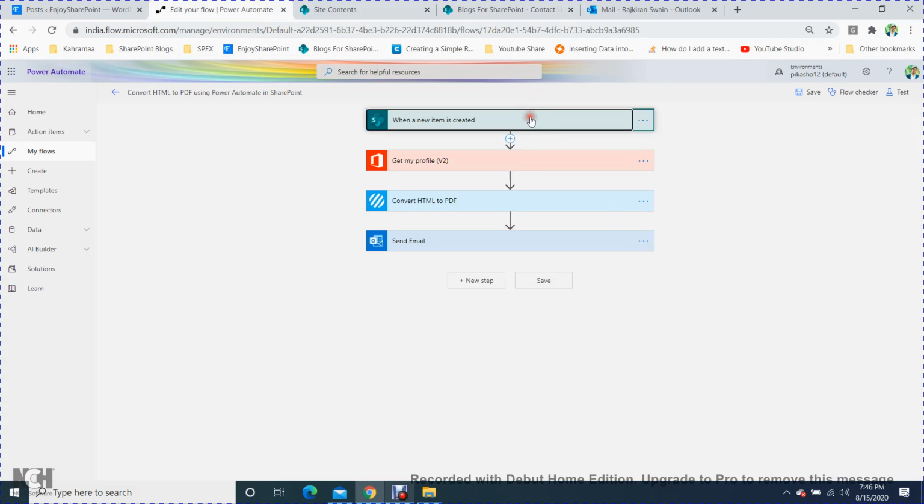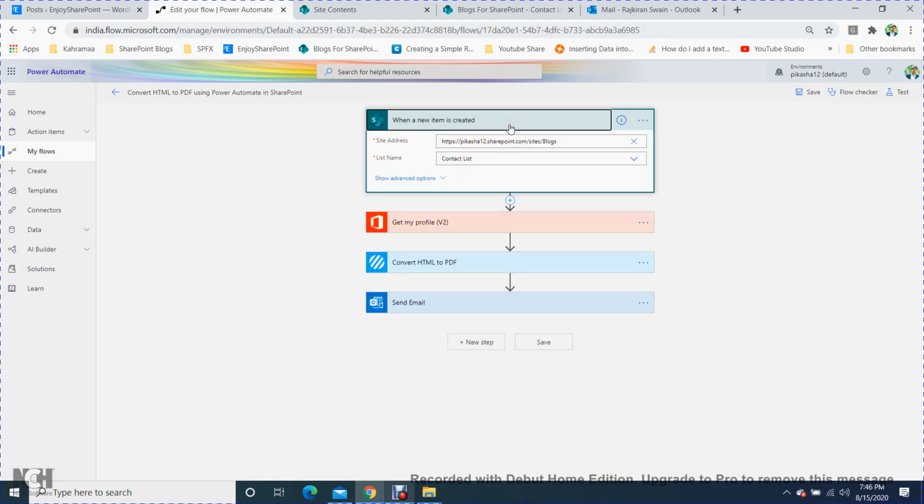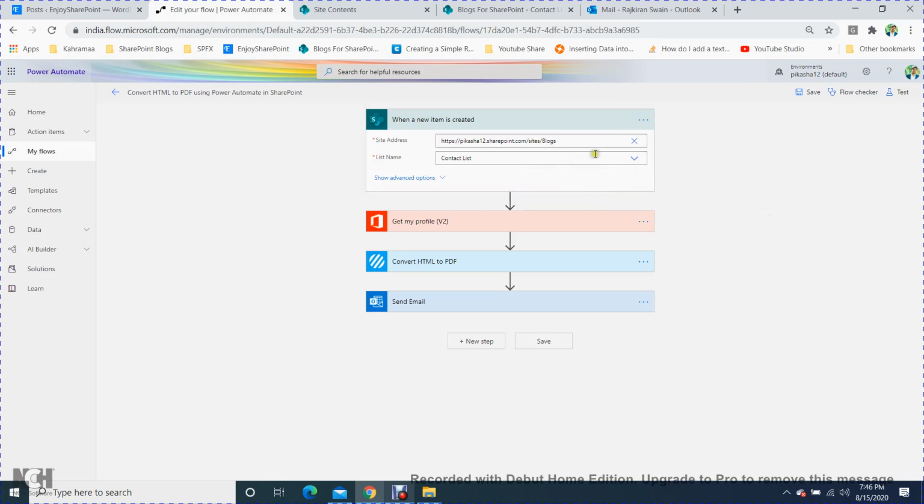When a new item is created, here you have to provide the site address and the list name, which list you want to point to. After that, it will automatically come like get my profile, and it will bring the profile details.